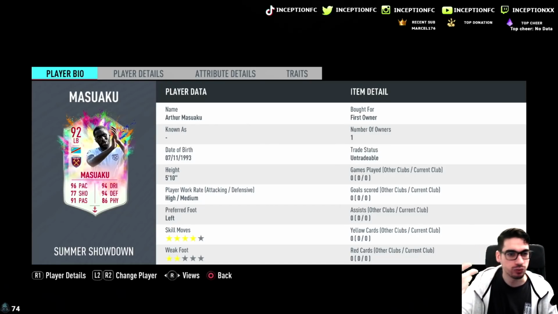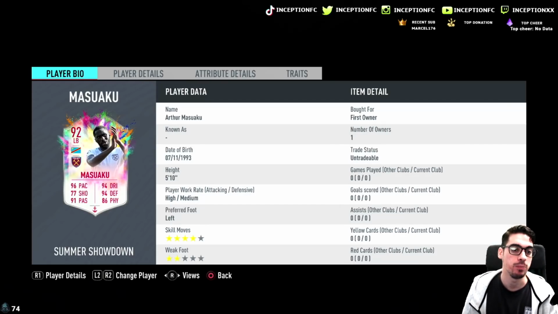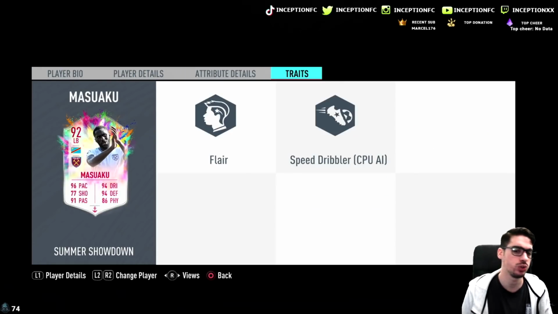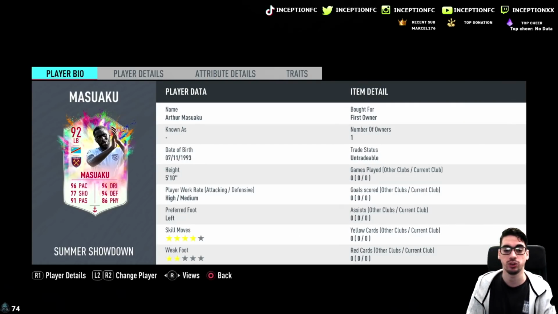I like to think of FIFA in that way, like cool concepts, fun concepts, all that kind of stuff. So this card is in this game for that particular reason, in my opinion. It's just a usable version of Masuaku's card. In regards to traits, he only has the flare trait, so nothing too crazy there. He does have a 2-star weak foot, which is a little bit of a downfall, but not necessarily a huge